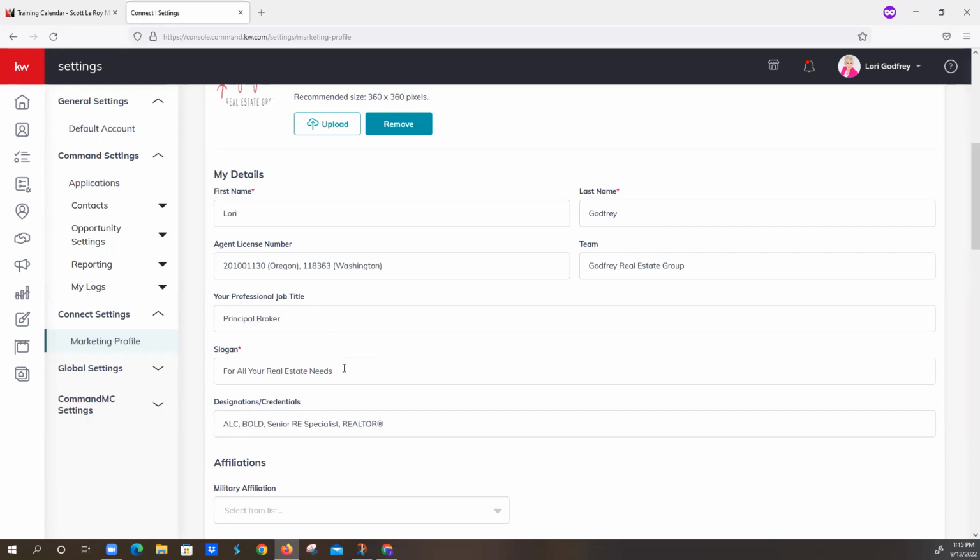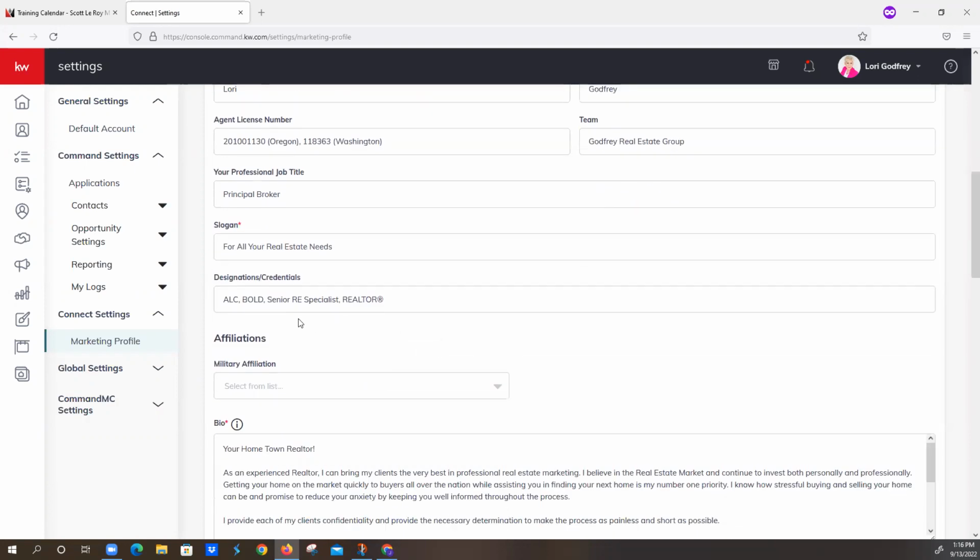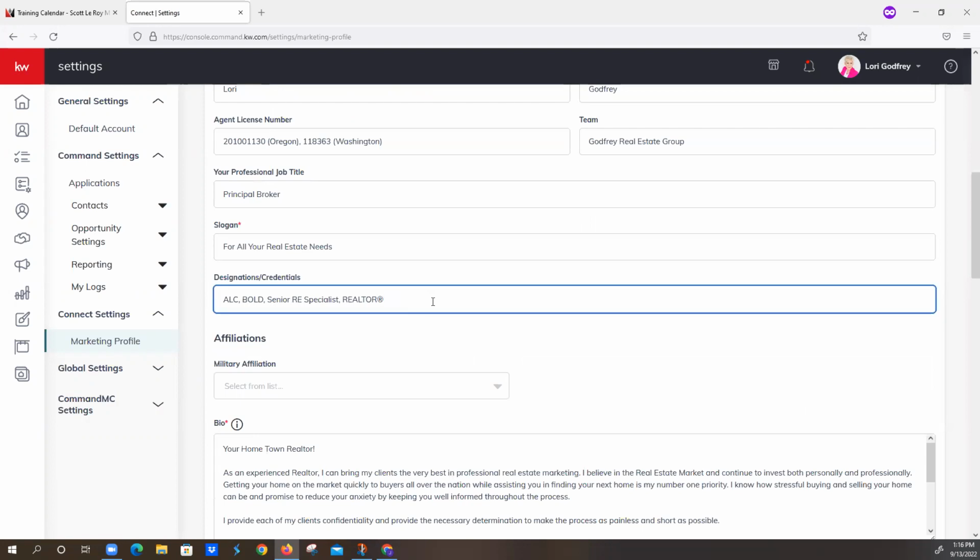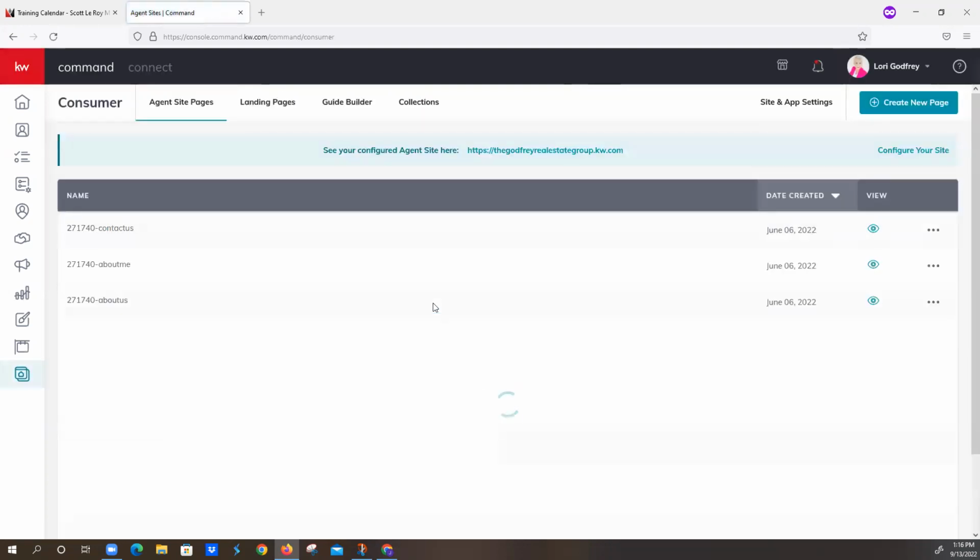The slogan is now required. So if we did your setup, we probably put in for all your real estate needs, but you can put anything there if you've got any special branding for your team or for your business. And then she's got her designations in here, which is great. That's going to appear on all her marketing. And I'm going to show you a real quick tip how to add that little R in the circle, the Realtor R logo. So you're going to hold down your Alt key. And if you want to do it along with me at the same time while you're holding that key down,